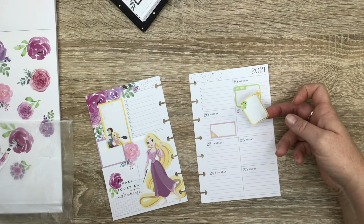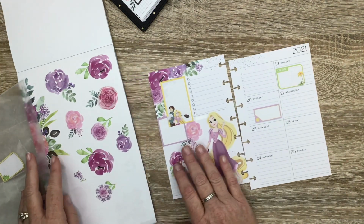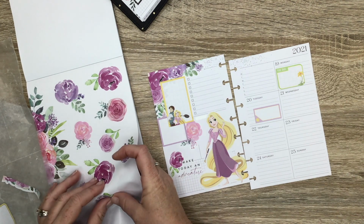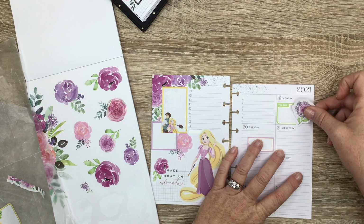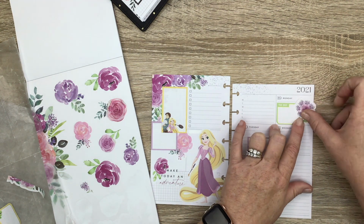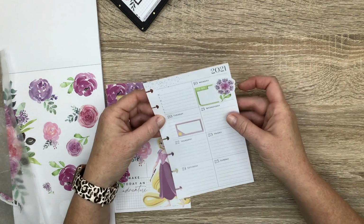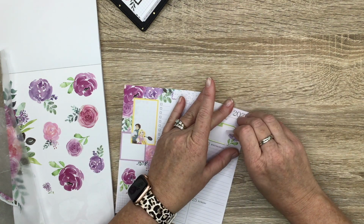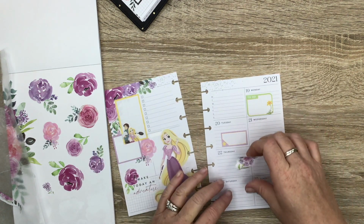I hate having 2 of the same kind of boxes. Let me just put some florals with these other 2 real quick and then decide what I want to do. I really like this flower. I think it's super cute. But I don't know if I like that. It's so big. I may have to get undo to get this up. We'll see. Nope. Alright, so I wonder if I should just leave that